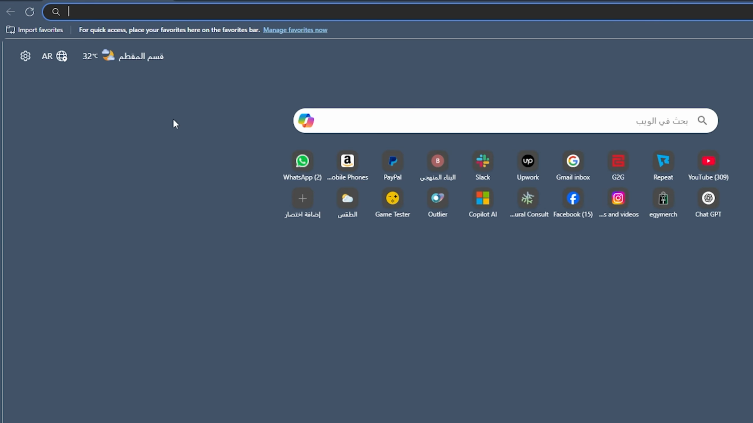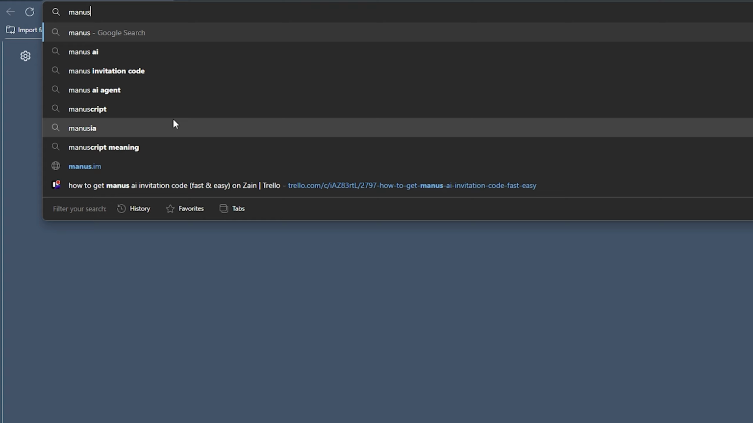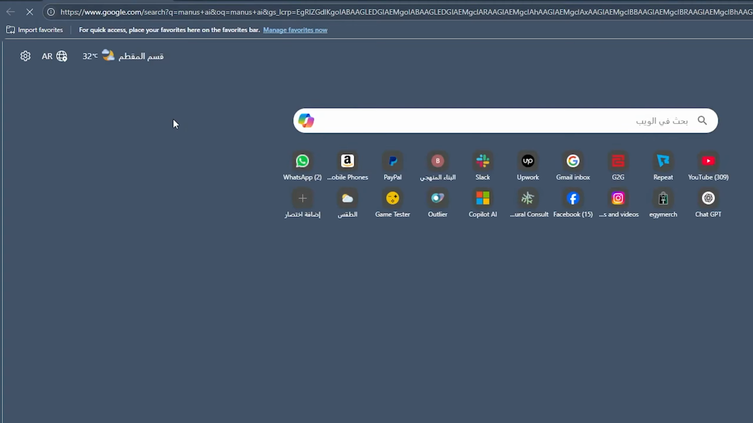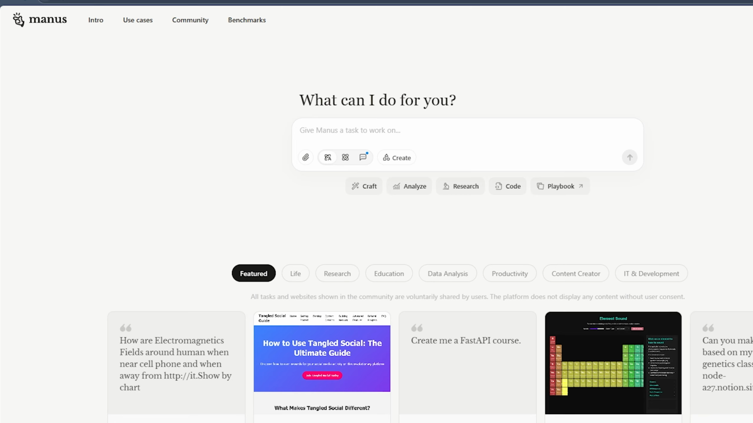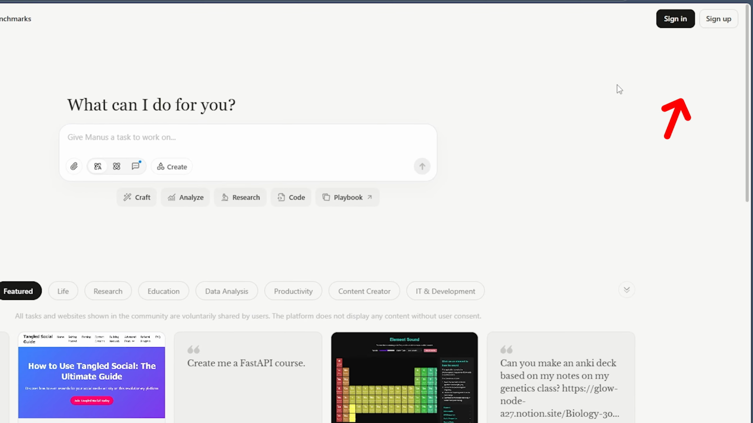Okay, first go and open any browser that you have, then search for Manus AI, just like so. Now go and click on the first option that you will get, and here you have it. You can actually use it without an invitation, but if you still cannot have it, you can simply click on